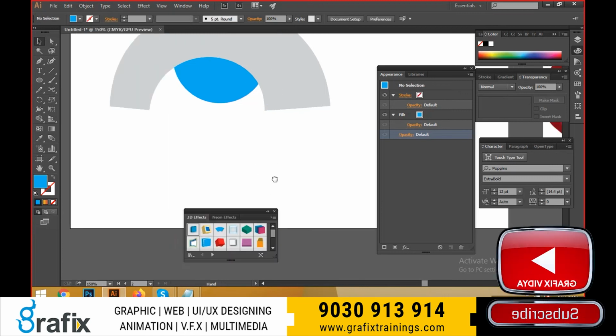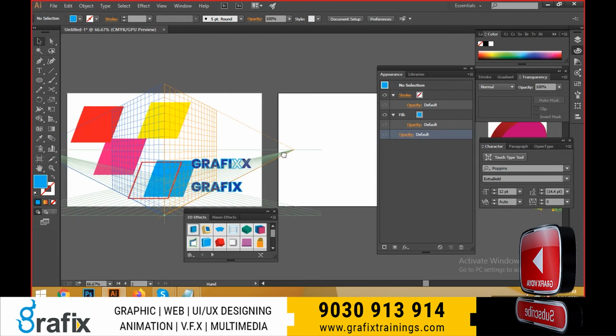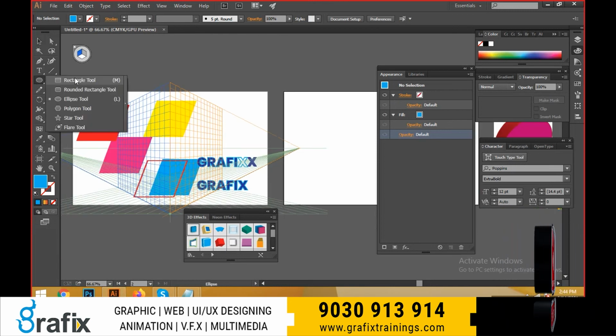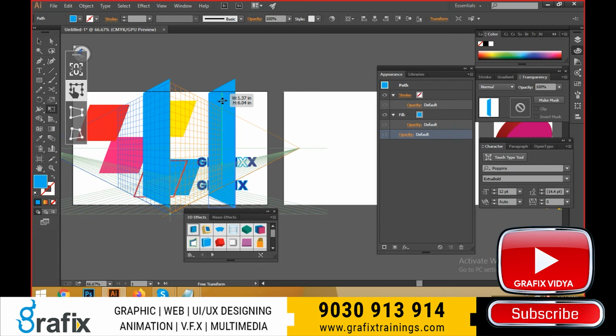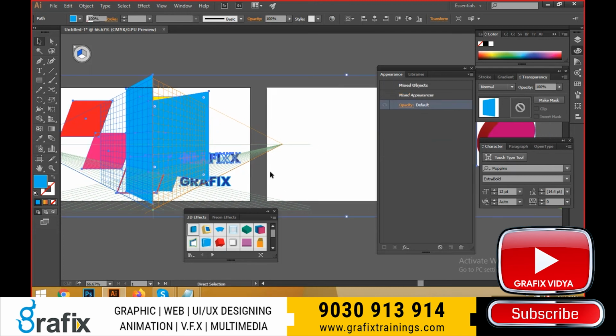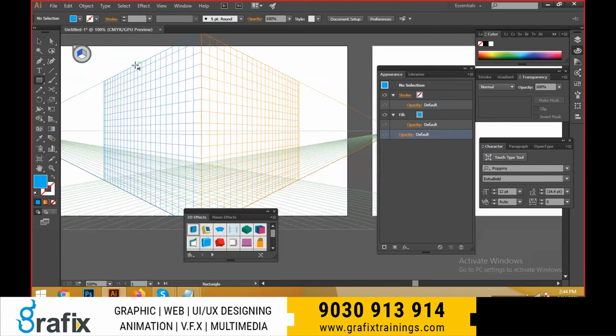Perspective. The perspective we already saw, it's Control Shift I, the perspective view. Okay, I can select this one as a perspective level. I can draw the objects with a perspective view. Like this. Select this one.